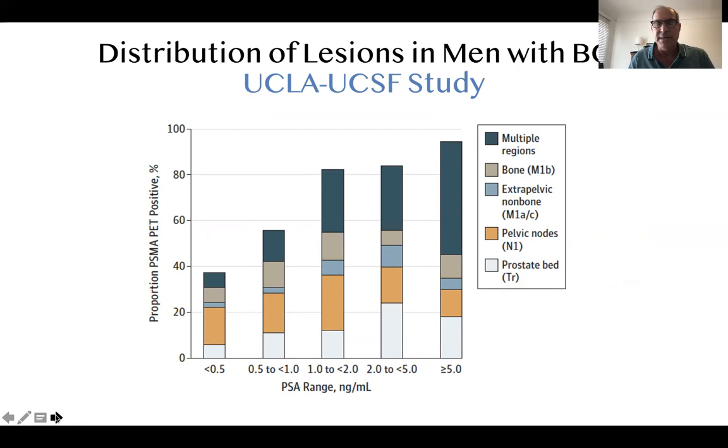And of course, as the PSA gets to be higher, the distribution of these lesions increases, and as many as 50% have multiple regions, that is bone, pelvic nodes, and/or prostate bed recurrences. And so this probably explains why traditional salvage radiation only works about 40 to 50% of the time, and that is because the disease is not in the prostate fossa or the prostate bed in a significant percentage of men